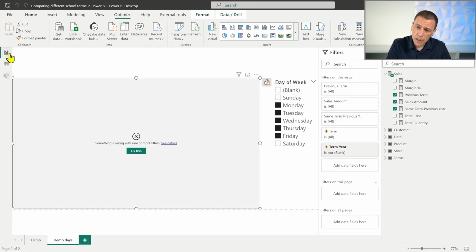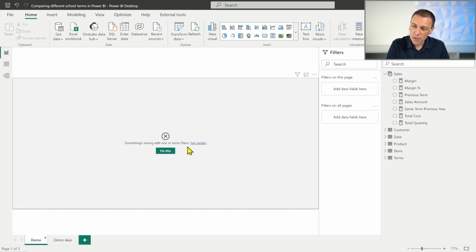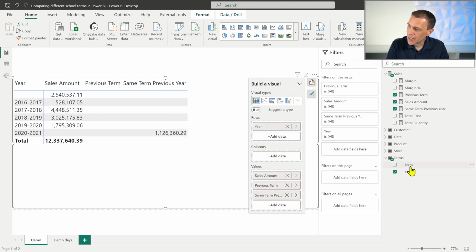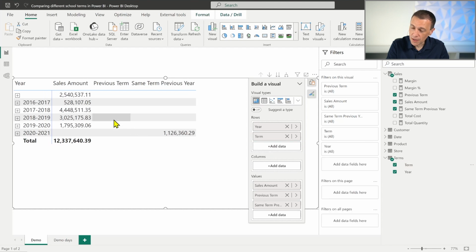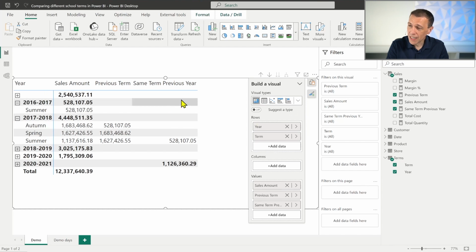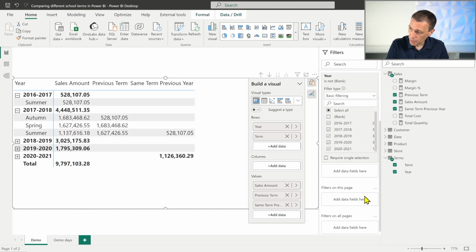And then I can go back to my model. Of course, now it's broken because all the references to the column that I eliminated have to be removed. So let's go back to this version. And now we no longer have anything here. So we can use the terms year in the rows, and then the term always in the rows by using this to drill down. We can apply the filter over term year that has to be not blank. So I apply this filter,